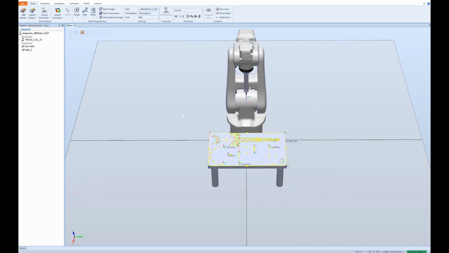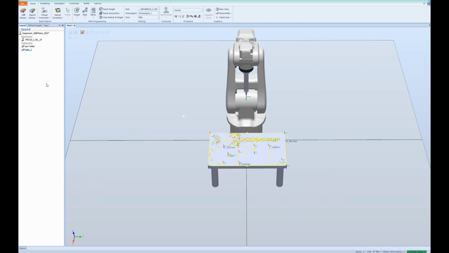As can be seen, a SolidWorks model of Big Pen has been imported and attached as the tool, and it will be used to simulate drawing the initials of my name by using Move L and Move J, with coordinates created with manual jogging. I've also imported the CAD model of a table to represent where the paper will be in order to draw on it. As can be seen here on the left, I have the pen holder and then the table itself,